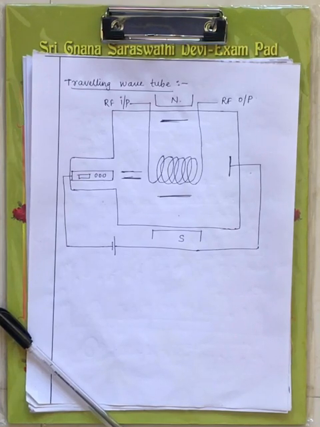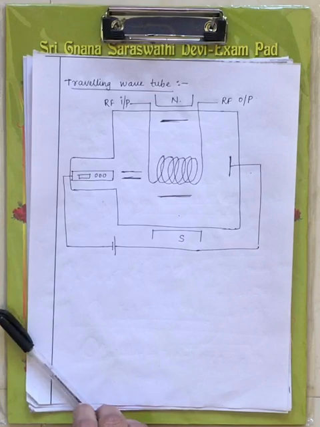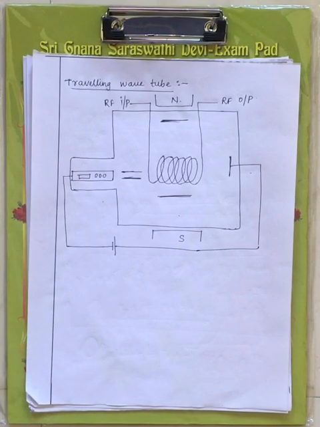Now coming to the next lecture, traveling wave tube. In the previous lecture we have seen the klystron tubes and the amplifiers under klystron tubes. One is the two cavity klystron, followed by the multi cavity klystron. Under the multi cavity we have four cavities, and those two are your amplifiers. Now we have seen the reflex klystron, which is an oscillator. Now coming to the next type of tube under microwave, that is the traveling wave tube.